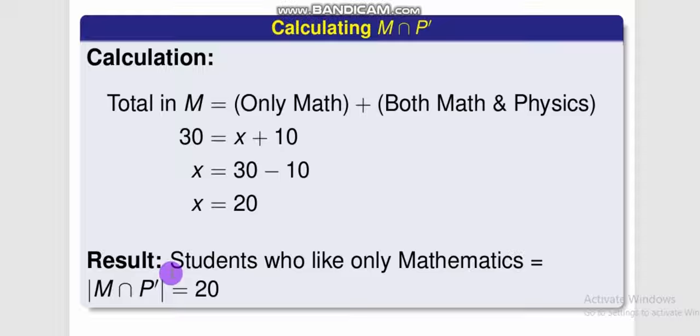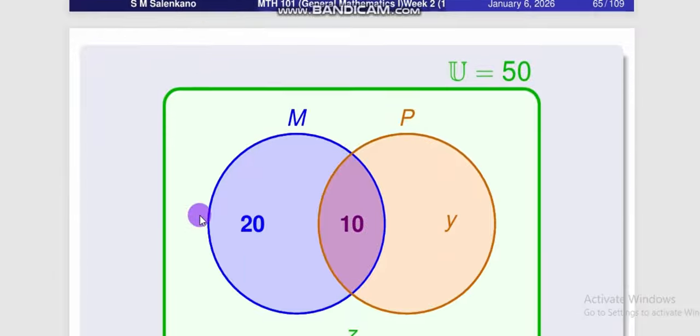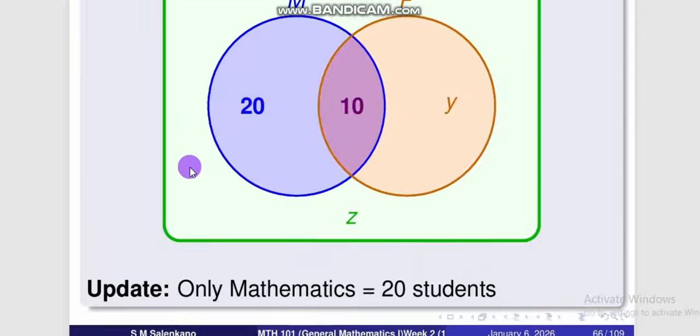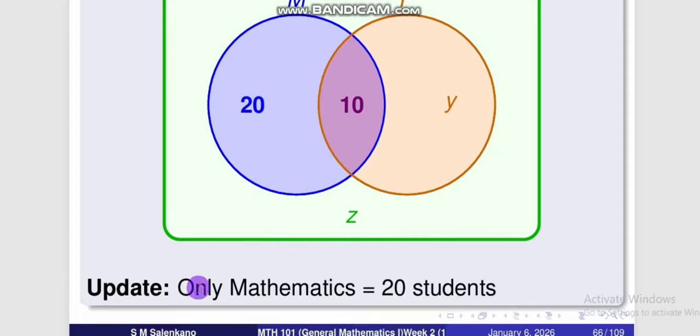So it means the students who like only mathematics, that is M intersection P complement, right? The cardinality of that is 20, right? We have 20 people. So we now give an update for that and say, okay, now we know our X. We will no longer write X here. We know the X is 20, so we put 20. Okay, update. Only mathematics, we have 20 students. And then we proceed to get